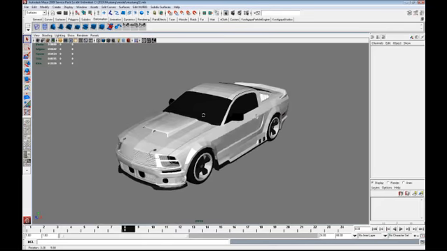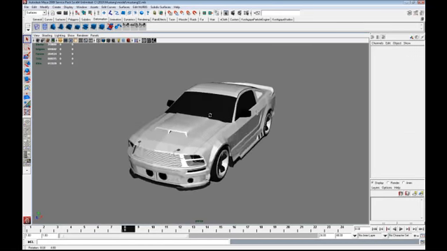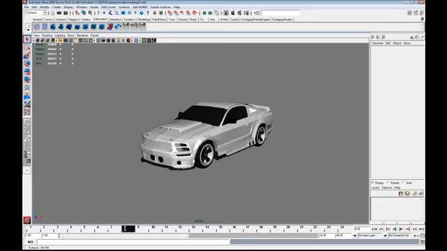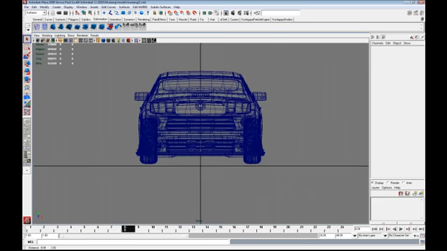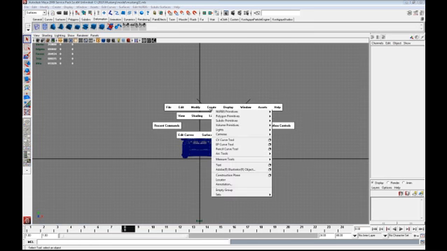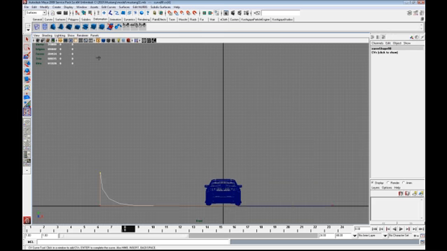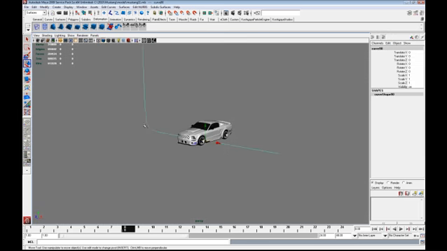Alright, I've got my car shaded up pretty well so far, so I'm going to go ahead and start creating my studio lighting setup. So the first thing I'm going to do is create the backdrop plate. I'm going to go under Create and CV Curve tool and just real quick create a profile for my background. I'm going to make this nice round curve in the back in the corner here. Create this curve,